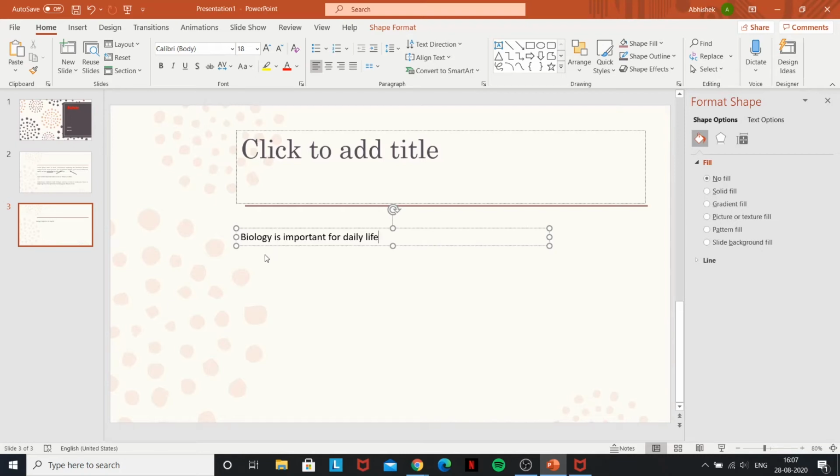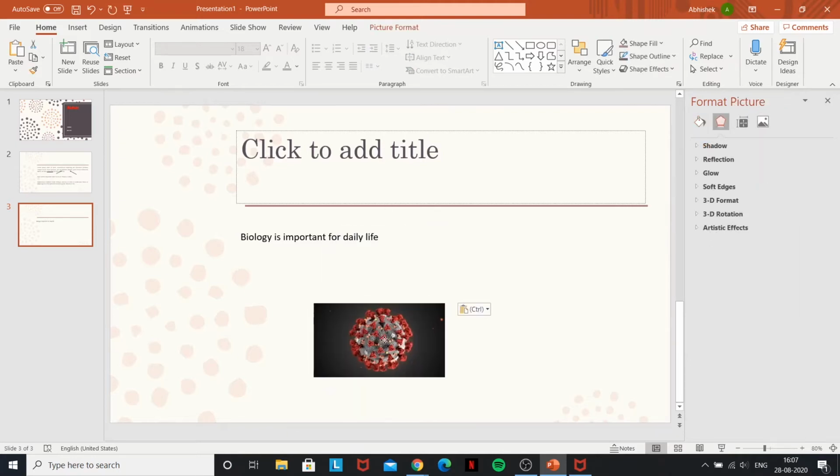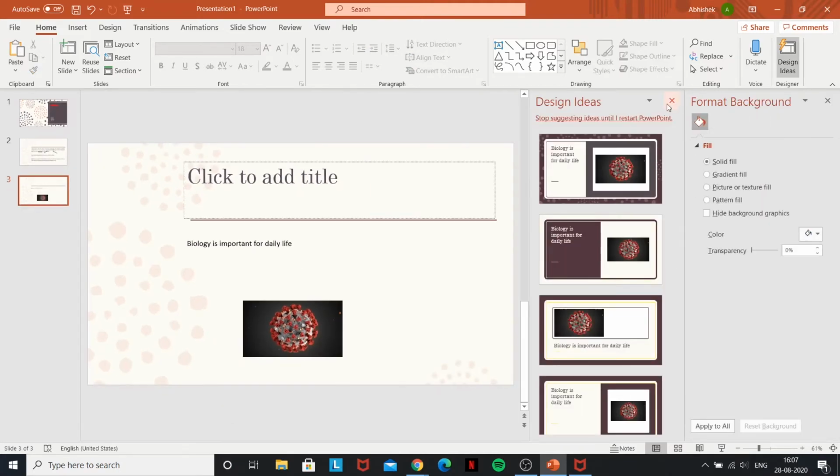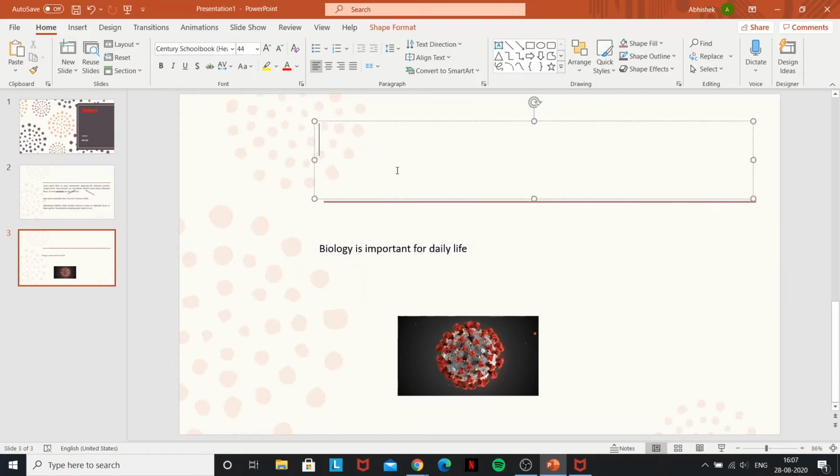Another very helpful feature in Microsoft Excel is it shows you alignment. So I'm going to paste the picture that I had from before. And as you can see, when you move these around, it gives you alignment options. So right now, I want to align this text box. So I'm going to make this small so it makes it easier. I want to align this with the edge of my title, which is bio.